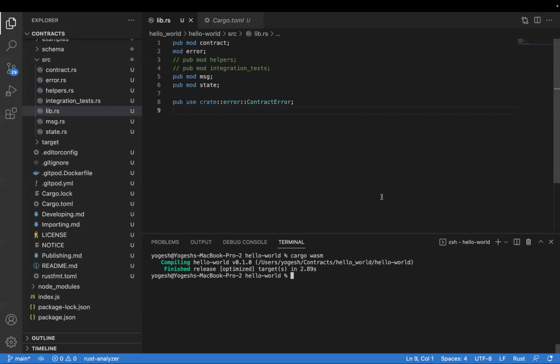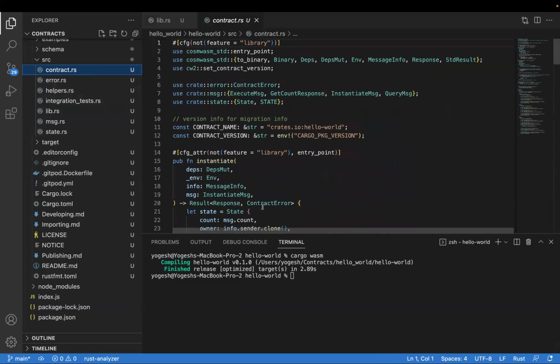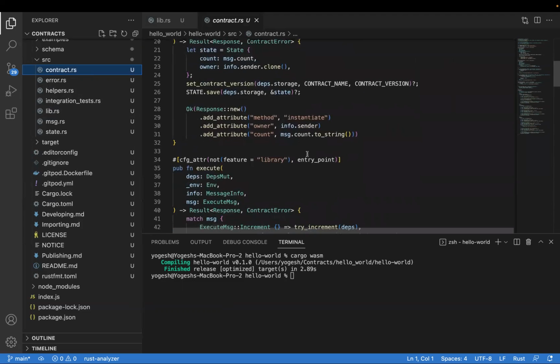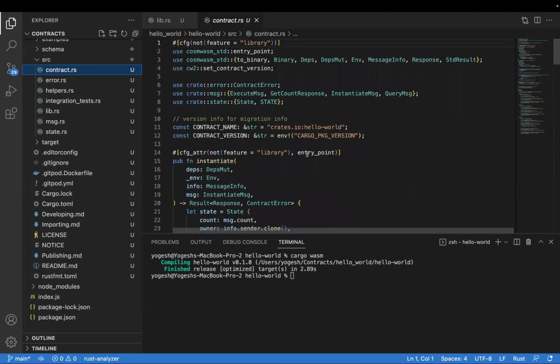So what are each of these sections? You want to comment it to kind of guide you. The first module is called contract. That contains the contract logic. If we go into, oh, we can't directly go there. Okay, this is where the contract logic is contained. If you go into message.rs,